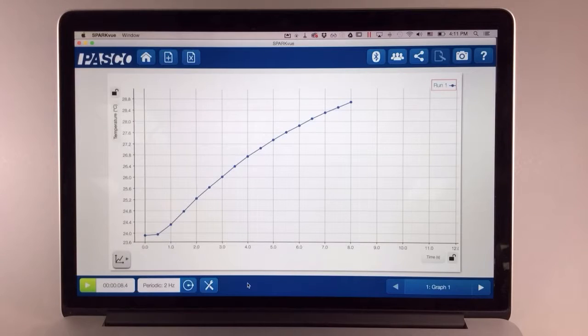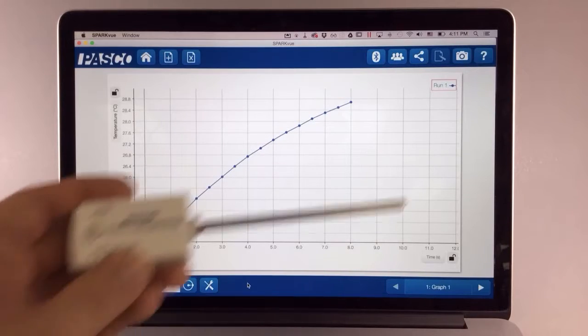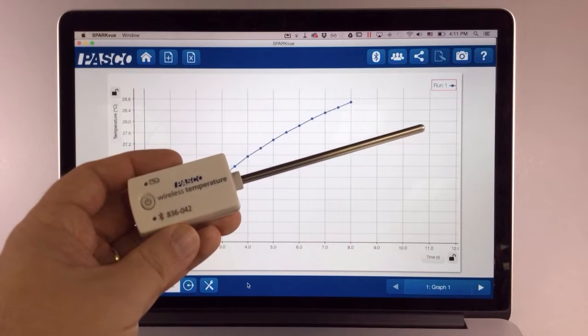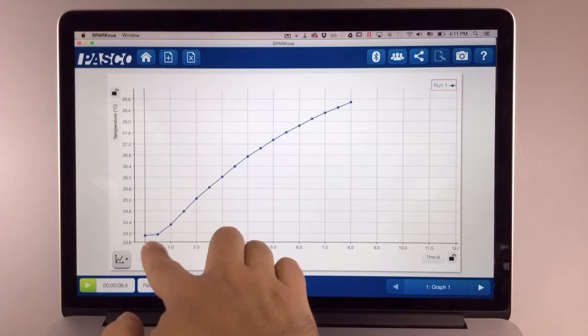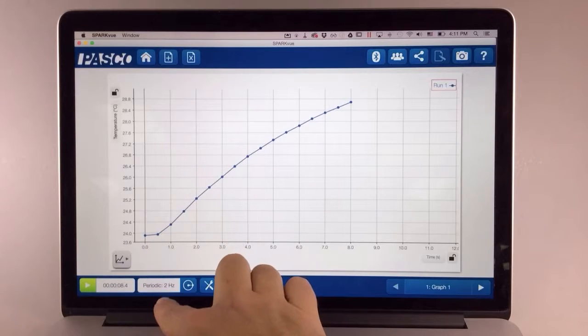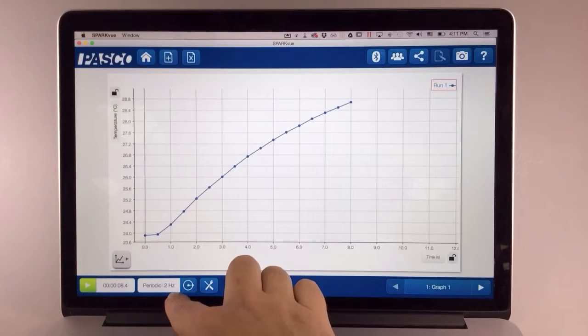How do I change the sample rate for a sensor in SPARKvue? Every sensor, such as this wireless temperature sensor, has a default sample rate in SPARKvue. That defines how frequently measurements are recorded. In this example, the default sample rate for the wireless temperature sensor is listed here at 2 Hz, or 2